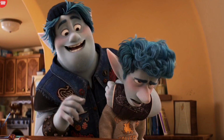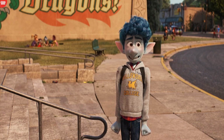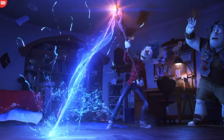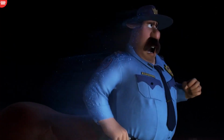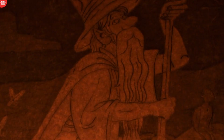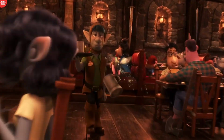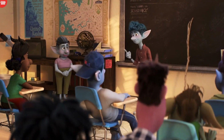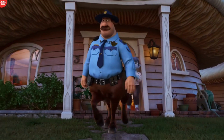Pixar's Onward celebrates brotherhood. Enough said. What a fantastic head-turner of an idea it is indeed, to introduce a world full of urbanized, mythical creatures where magic is as close as it can get to a myth. Hats off to the creative souls who conceptualized the film. On that note, here is Movie House, with no intent to defame the film in any way, presenting to you